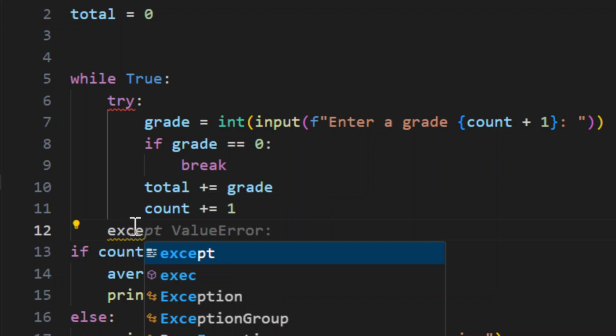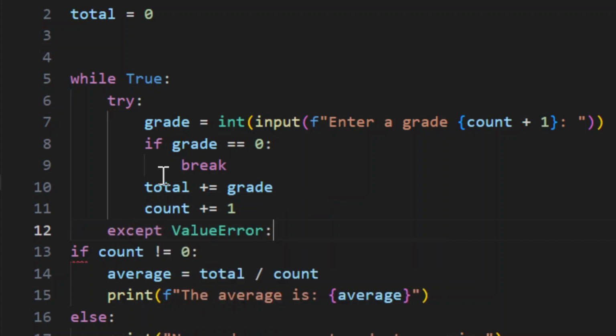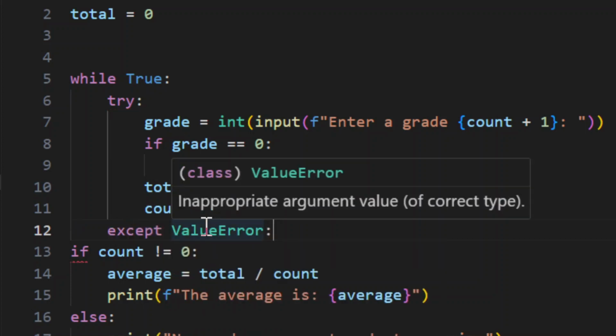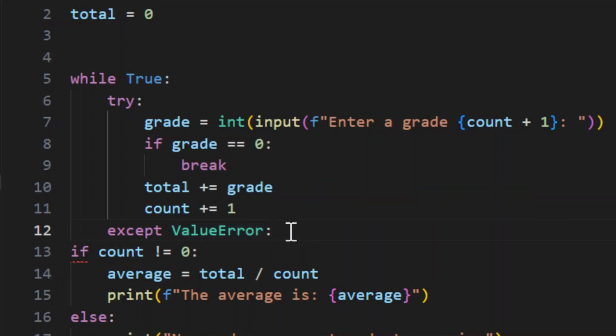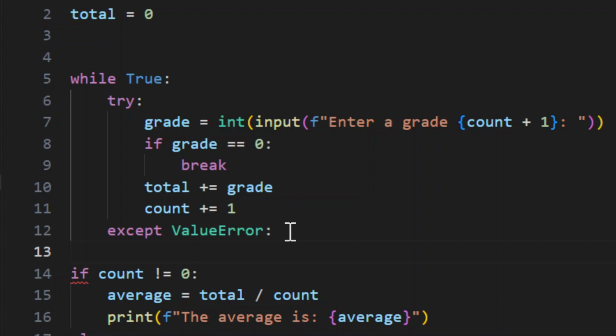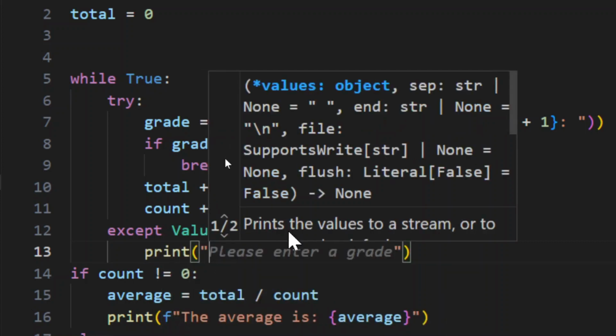This command, except value error, gives you the chance to create your own message. Instead of displaying the error of the code, you can create your own customized message. So I'll just say print,